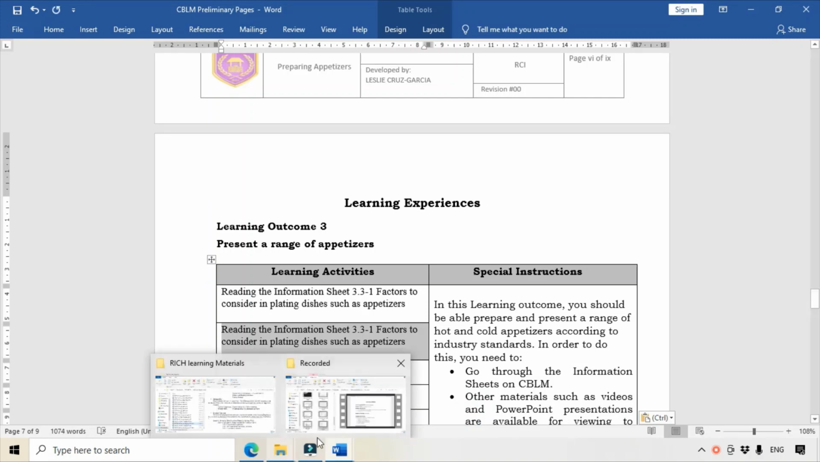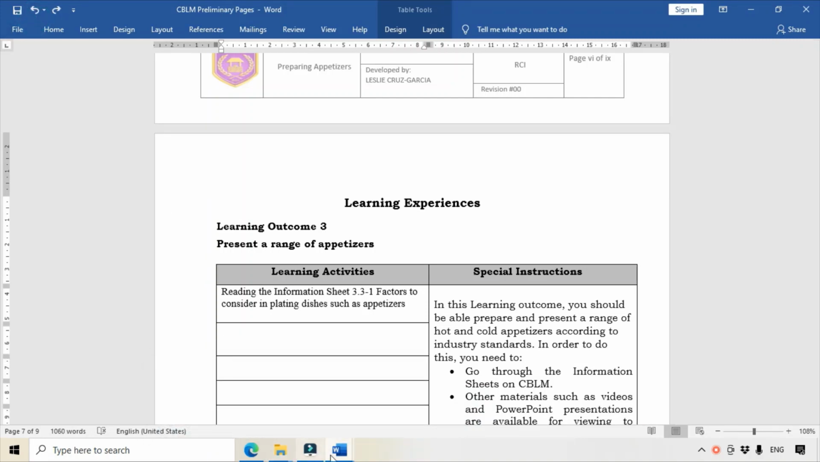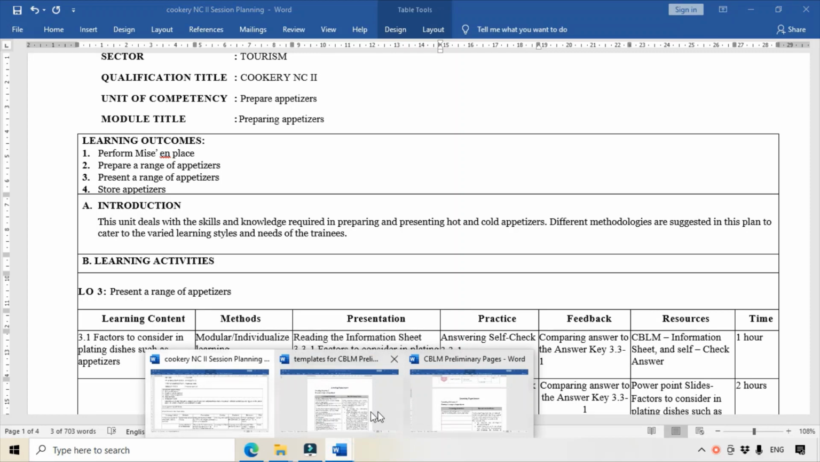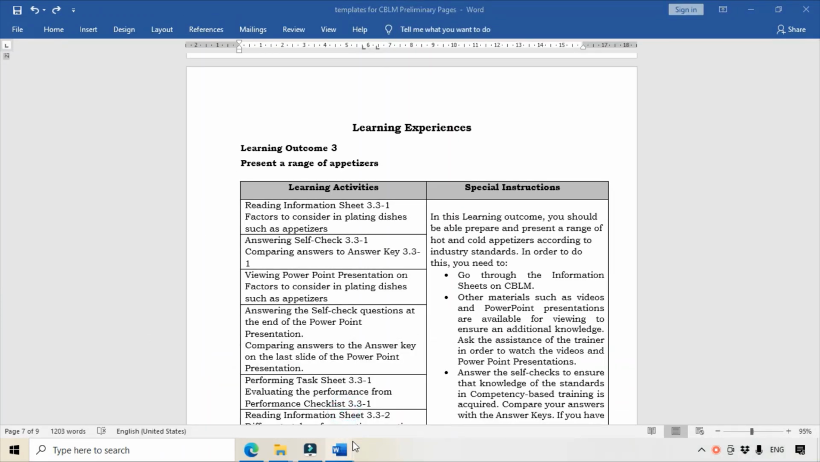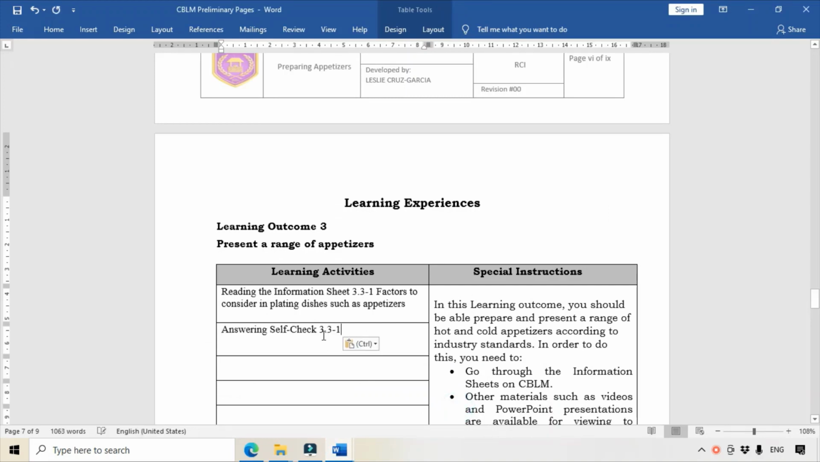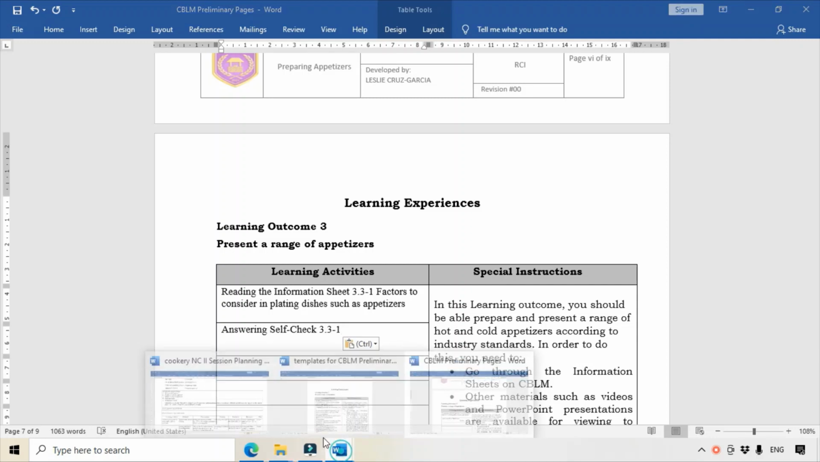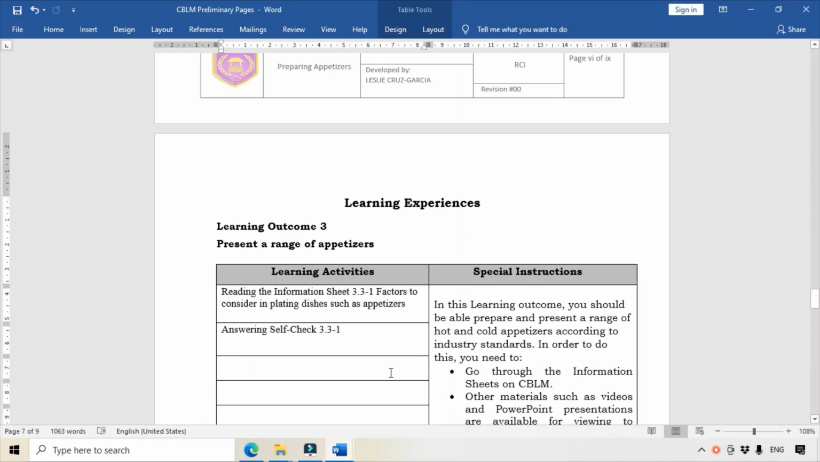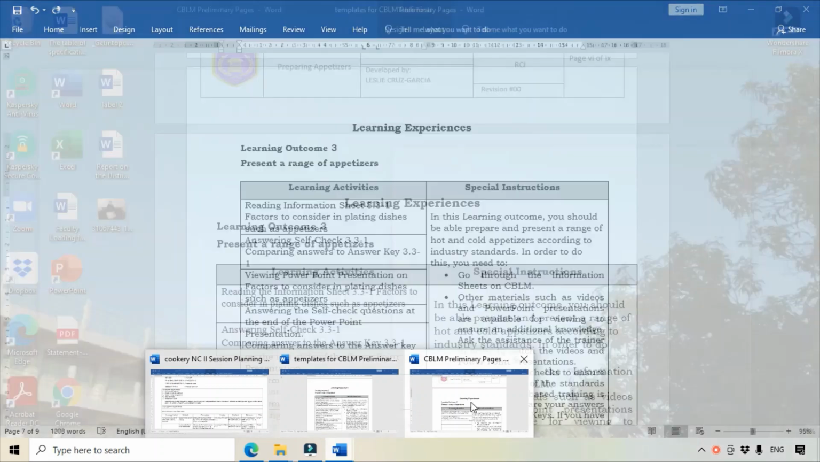Okay, again, answering the self-check 3.3-1. The next one is feedback. To get the feedback, of course, the learner must compare answers to the answer key. Okay, so that is for the part of